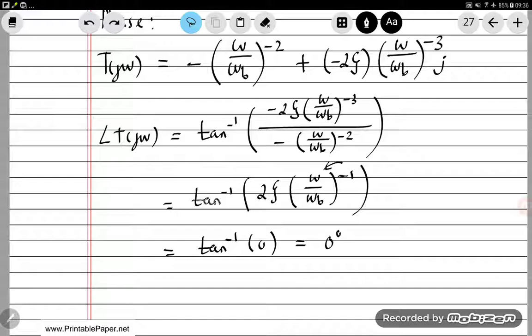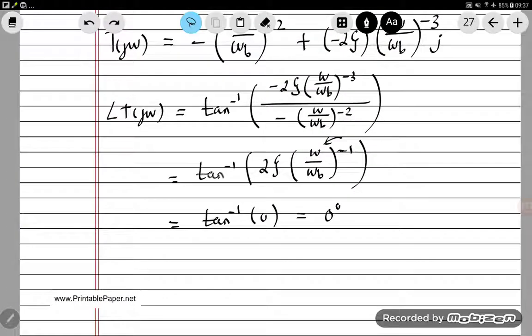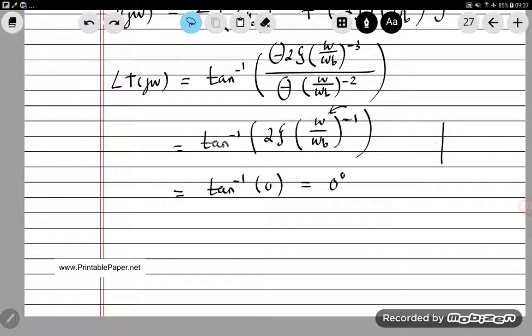but that's actually not correct, because we have to take into account the quadrant in which our complex number lies, or our frequency response transfer function. And we see we've got 2 negatives there, so it's lying in this quadrant. Okay, so in fact our phase angle is not 0, our phase angle is -180 degrees. So we see when omega is much larger than omega b, we've got a constant phase angle of -180 degrees,